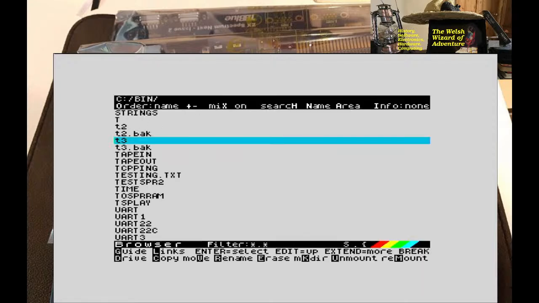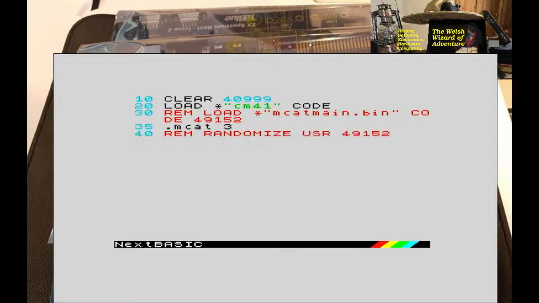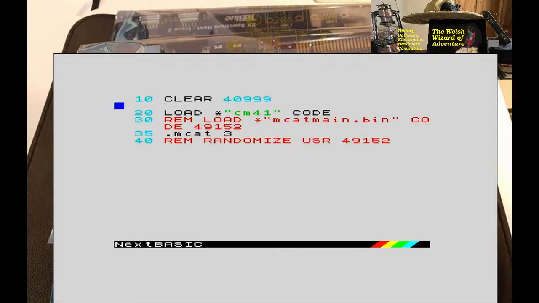In the browser, I've got a T3 test program, which has got a clear 409. Now, we notice we're in NextZXOS now. So we've got the color code in the latest release. So I'm doing a clear 4099. That's still a requirement before it. I'm loading in the debugger just in case. And yes, you recognize the other stuff. And here's an MCAT3 in the BASIC. So if I do a run,